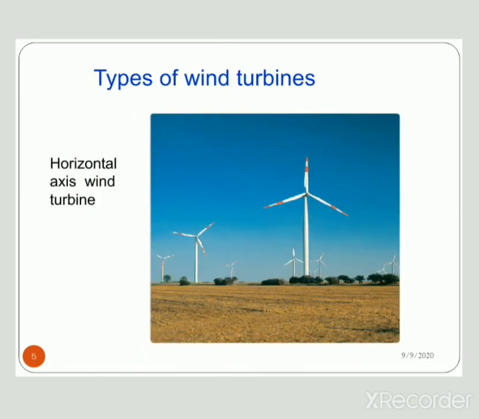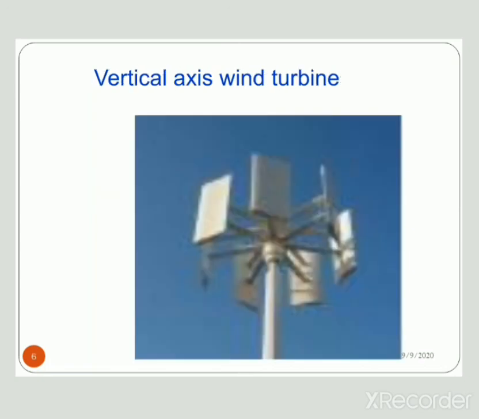One more top benefit over the horizontal axis wind turbine is that the vertical design allows engineers to place the turbines close together, so groups of them don't have to be spaced far apart. So a wind farm does not take up much ground area. So this is all about the vertical axis wind turbine and horizontal axis wind turbine. So this is our presentation regarding the wind power plant.